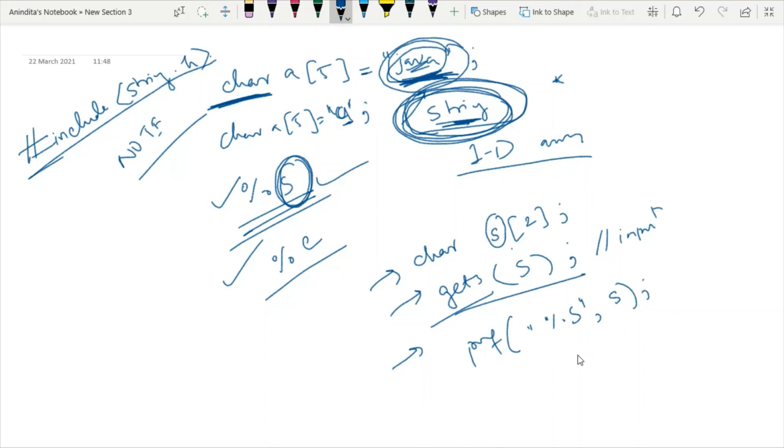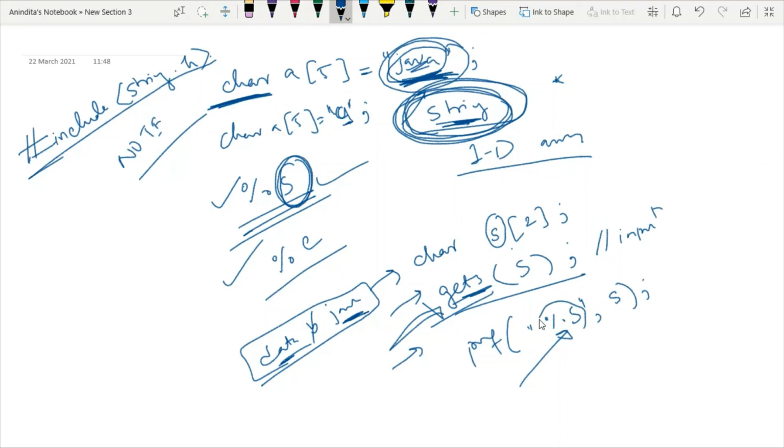So the question is, why am I using %s? Because I have discussed that gets is a function that can deal with blank spaces, right? So it is expected that my input will be in the form of a string. That's why I'm using %s.